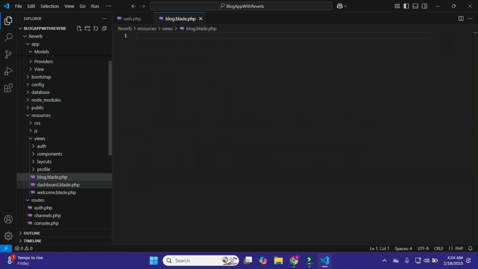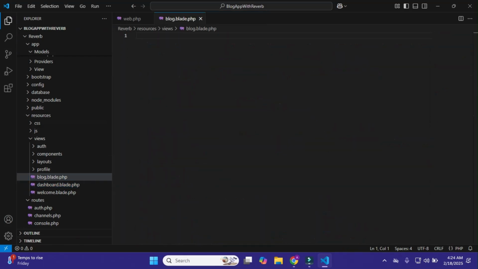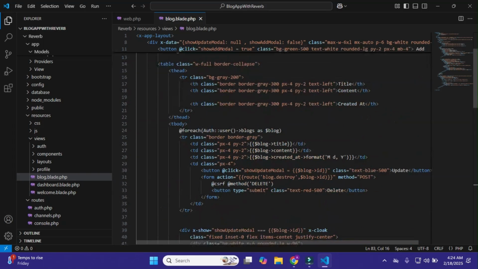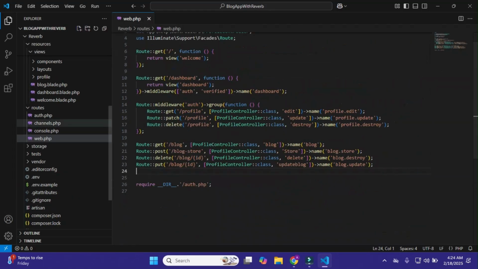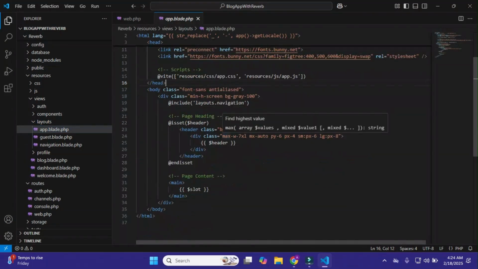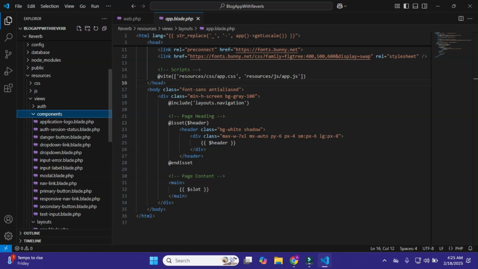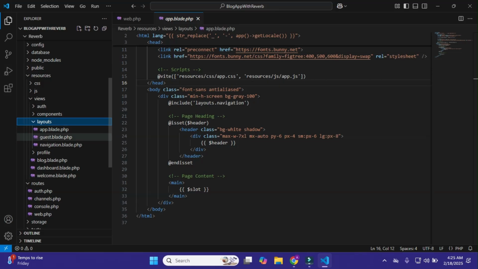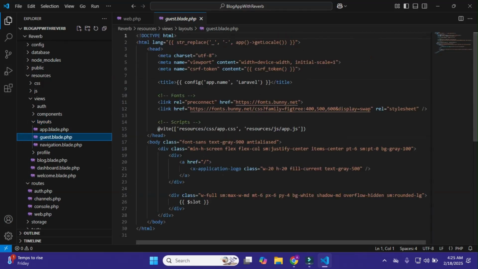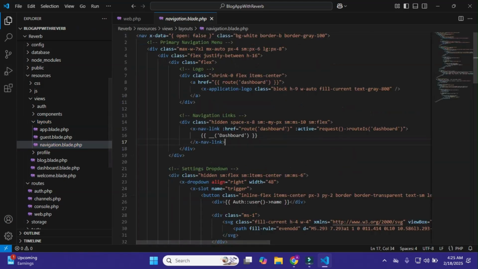Okay, and in it I'll copy my dashboard content and paste it here. Now I'll go to my layouts, app.blade.php, and here I'll go to my components, sorry, guest, and go to my navigations.